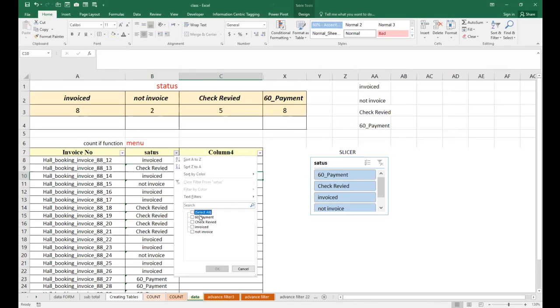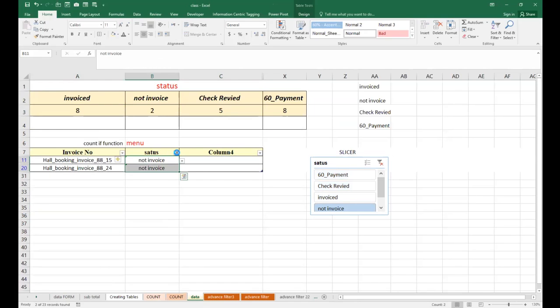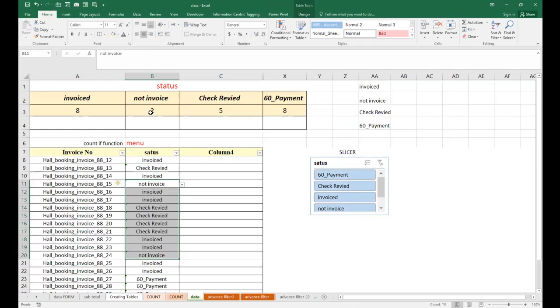see here, if we filter it, not invoiced is 2, but we have used the formula over here, like the COUNTIF function that counts not invoiced, that it counts over here, and check received. Spelling is I think wrong, but okay. So that counts 5, we had 5, but if we increase it,